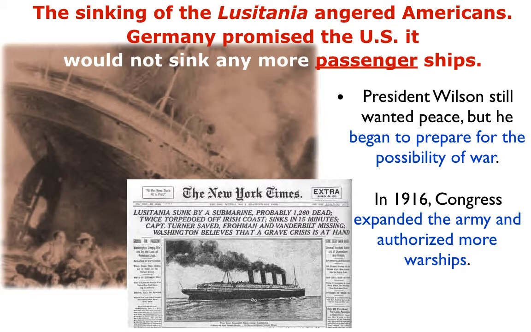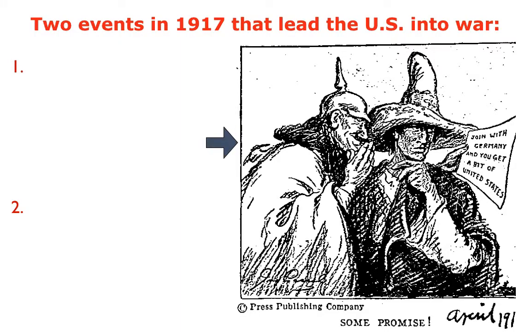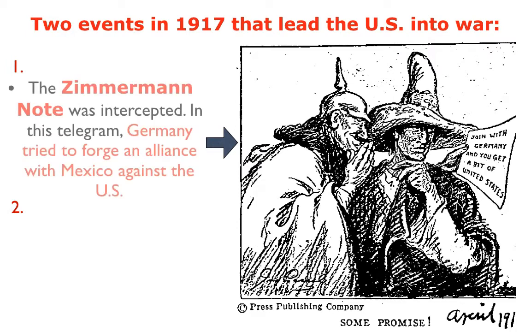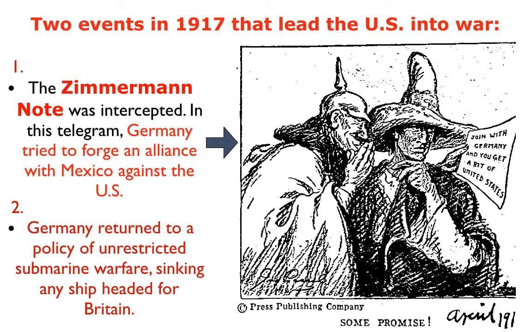And so what ends up happening is that this is one of those events where the American public really strongly starts to go against the Germans. So after they sink the Lusitania, what's relevant here is that Germany and the United States signed an agreement where they're like, hey, if you shoot down any more of our passenger ships, we're going to go to war with you. And so the Germans say, okay, we'll stop shooting non-military vessels,